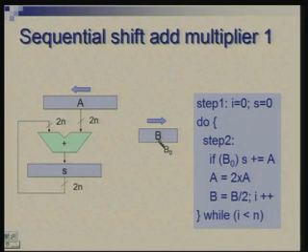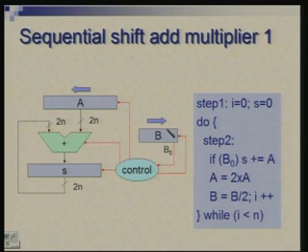In every iteration we shift B right, so that we are always looking at the B 0 position, which is the LSB of this. So, this has to work in conjunction with a control, which firstly takes care of the iteration count. The process has to be repeated 32 times. So, it does the counting, and it also times the operation of all other units. I am showing these red signals which are control signals.